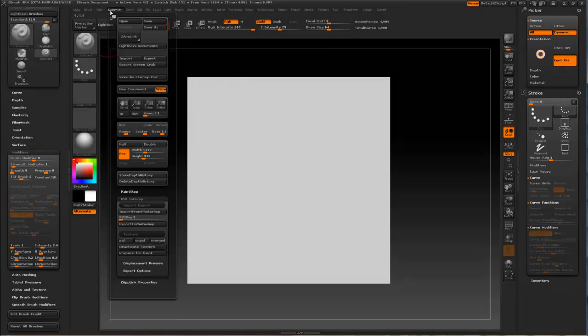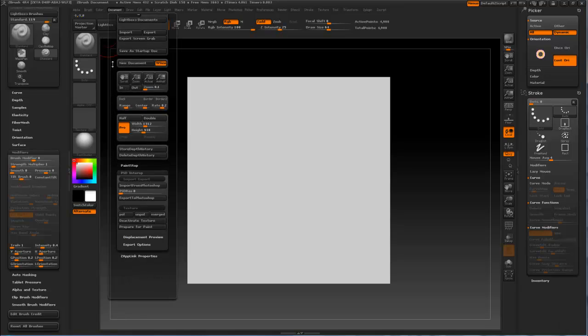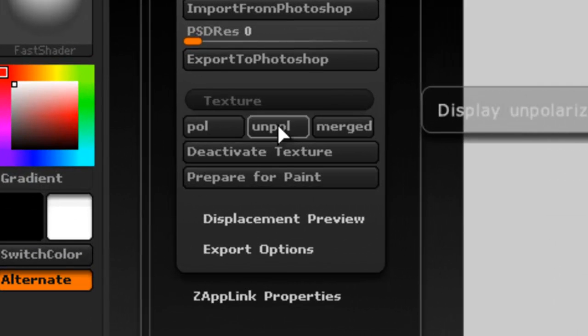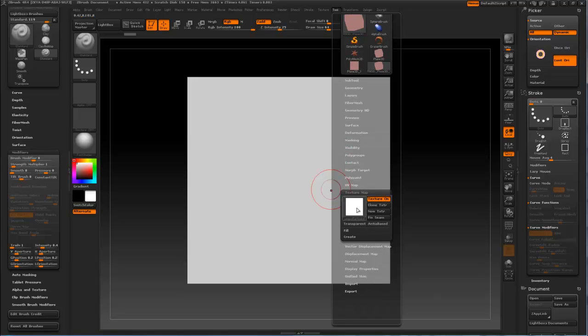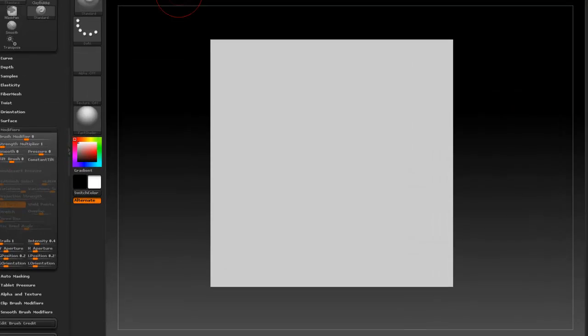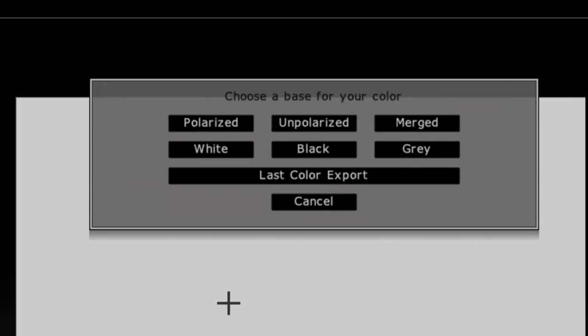And since my coin brush already has all the color information in it, I need to prepare the plane for painting, because by default the polarized, the unpolarized, and the merged maps are straight textures that are applied. In the texture there's just, in this case, an empty white plane, but I need to have the plane accept poly painting as well. So I'm just going to hit prepare for paint, and as usual I can apply my polarized, unpolarized, and merged,